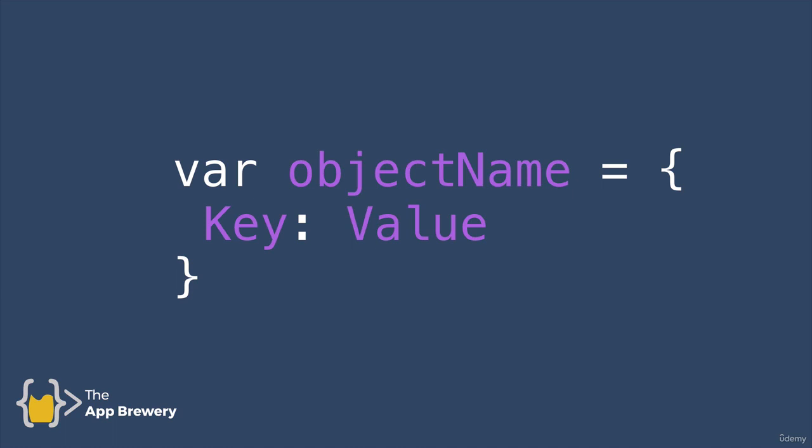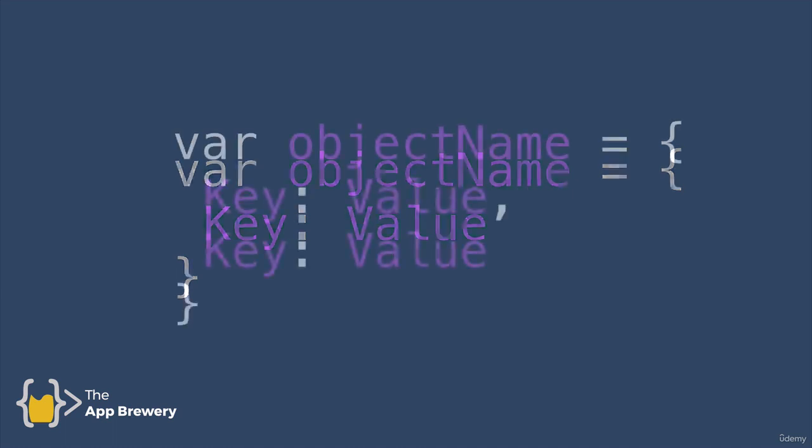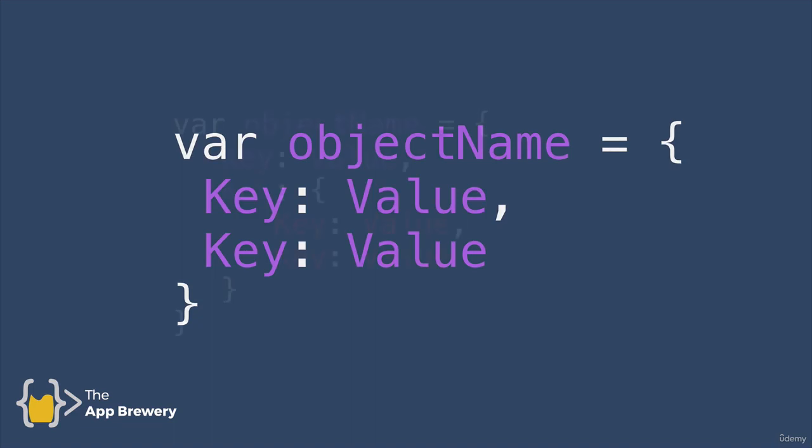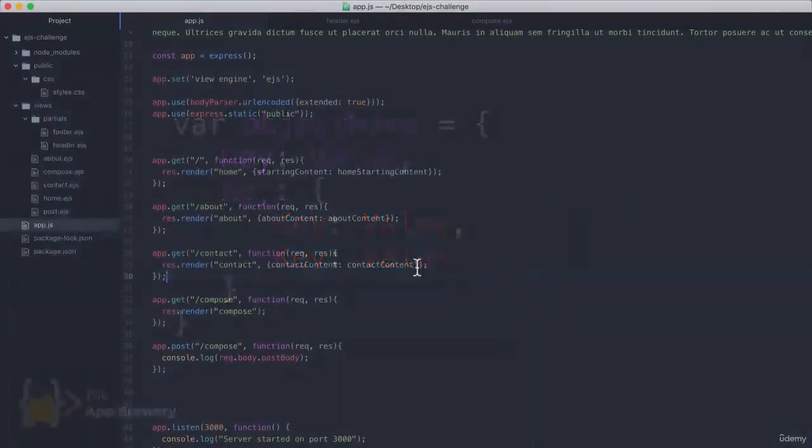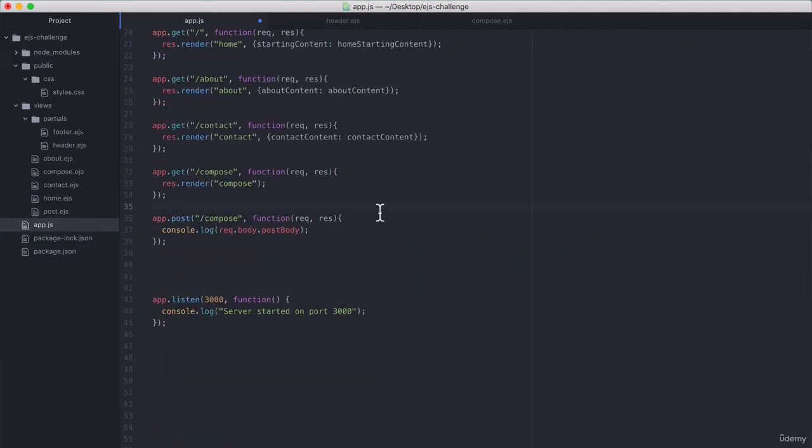Now, inside the curly braces, you have your key value pairs, and you can have as many pairs as you wish, and you can even nest key value pairs as the value for a particular key. So in this case, the key and values that are in red are actually bunched together as a value for the second key. So with this refresher on JavaScript objects in mind, let's head over to our app.js